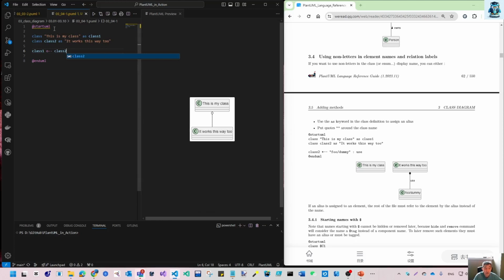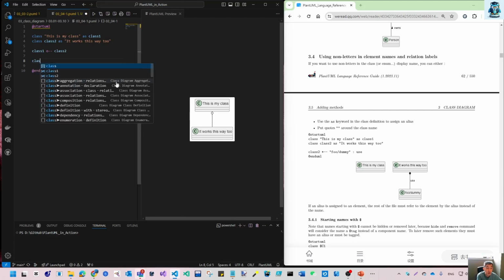When we have this relationship, you can have some text here. So you can put this as the use. So here is the use, but from class 2 it is something different. Let me see here. That is class 1 to class 2. So let's see it's from class 2